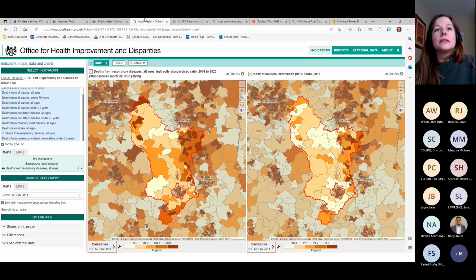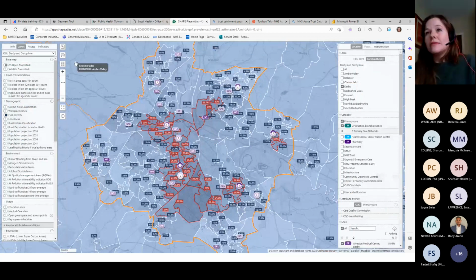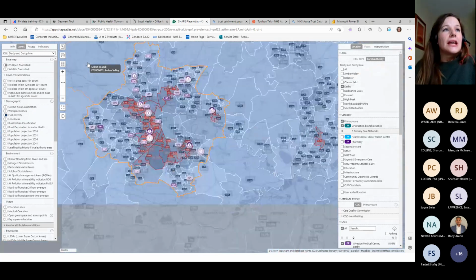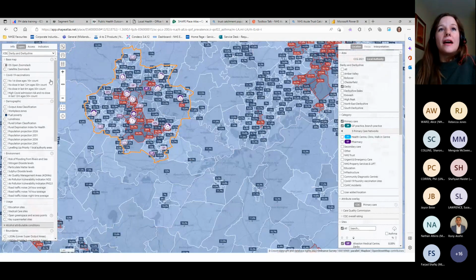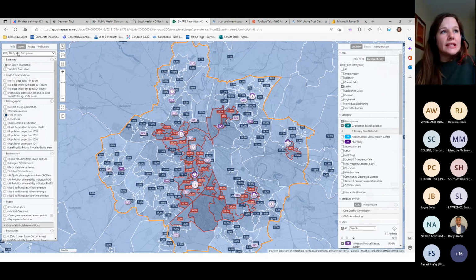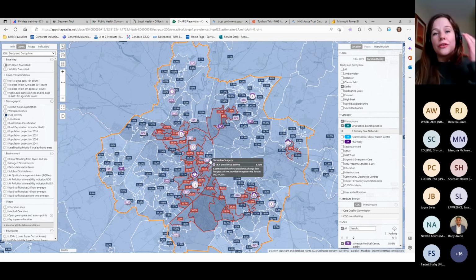Let's go back to this. Okay, so again, because I was worried about time, one of the maps that I've produced looks at an ICB or a local authority area within Derby and Derbyshire ICB. There are different layers that you can put on the map, as you can see here. And the one that I chose was fuel poverty. This gives us the shadings for the lower super output areas that we see on the maps. So the darker the shading, the higher the proportion of the population that suffer with fuel poverty within that LSOA.